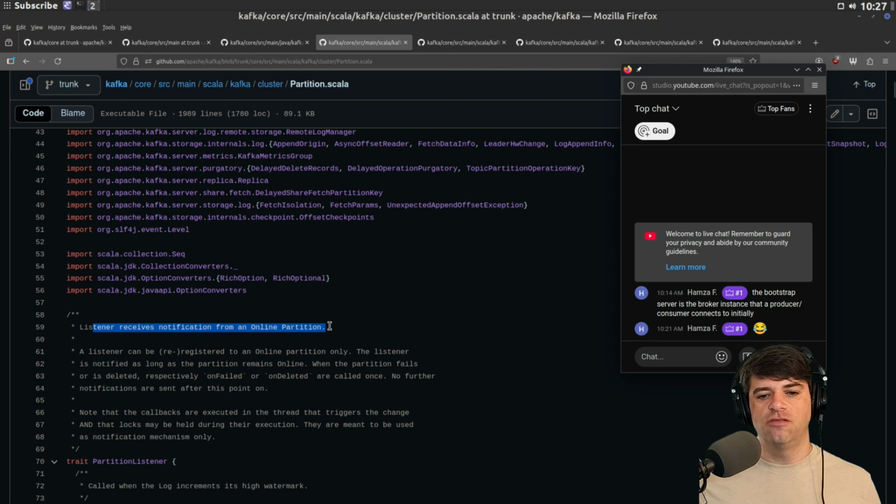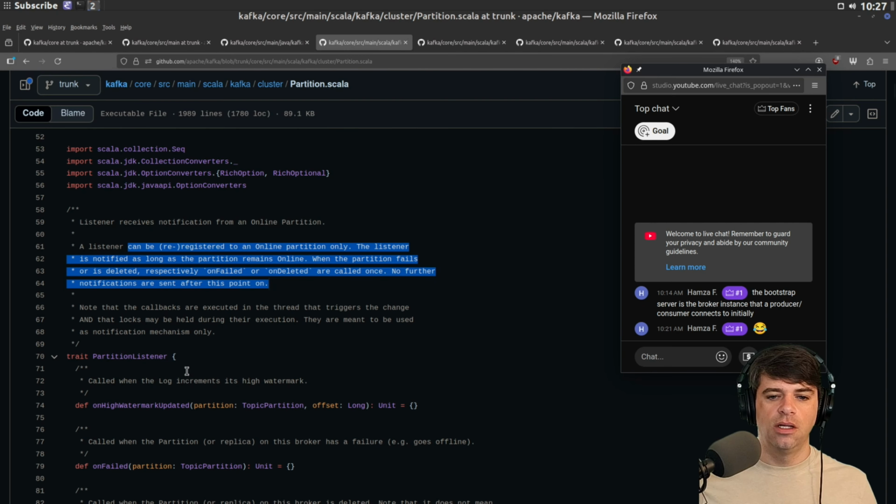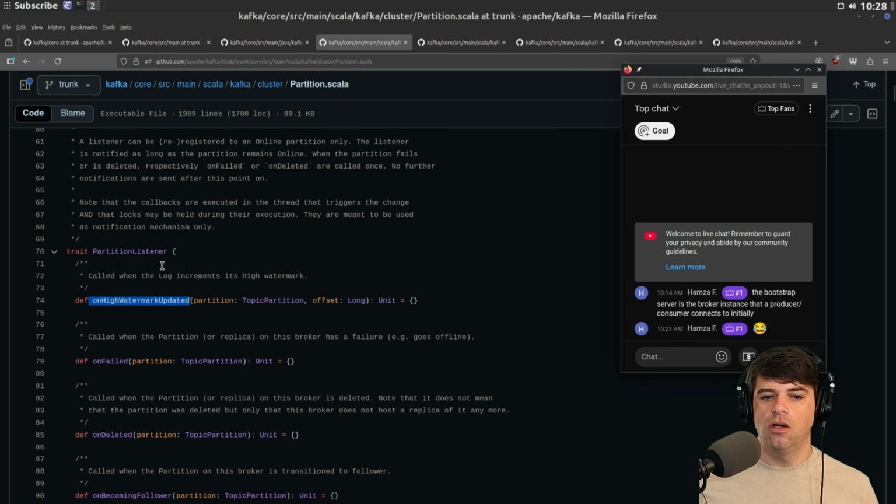A listener can be re-registered to an online partition only. The listener is notified as long as the partition remains online. When the partition fails or is deleted, respectively, onFailed or onDeleted are called once. No further notifications are sent after this point on. Okay. So there's an onHighWatermarkUpdated for when the log increments its high watermark.